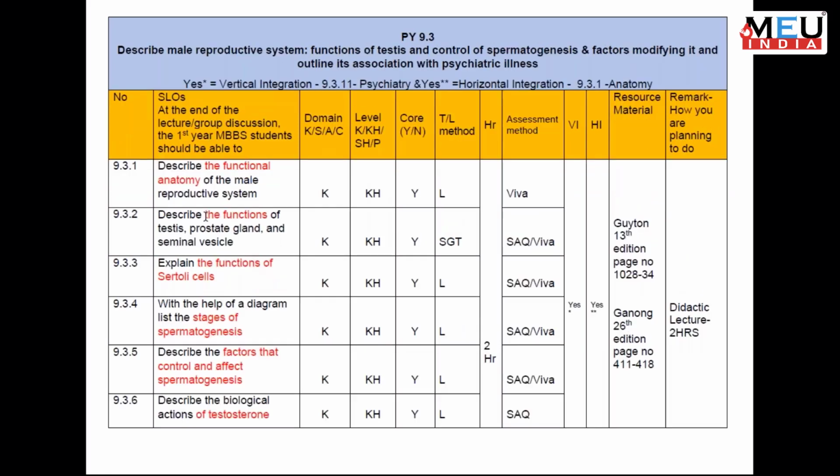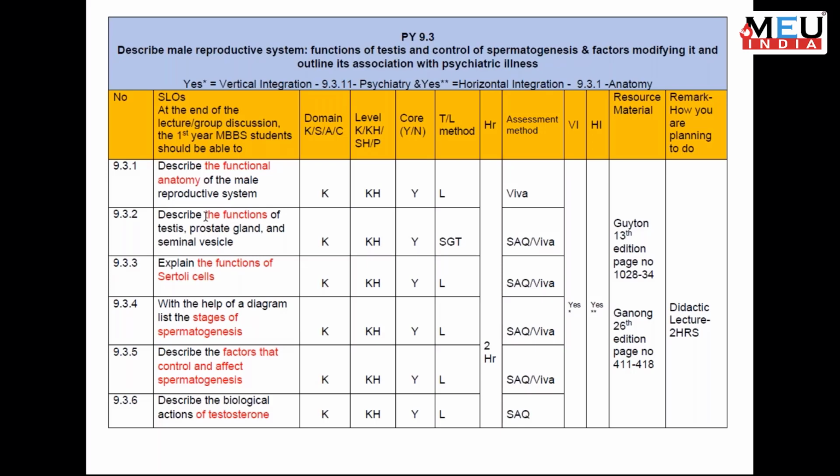Coming towards 9.3, specifically for the male reproductive system: function of the testes, control of spermatogenesis and factors modifying it, and outline the association with psychiatric illness. So the first SLO is describe the functional anatomy of the male reproductive system, then the function of testes, prostate gland, seminal vesicles,